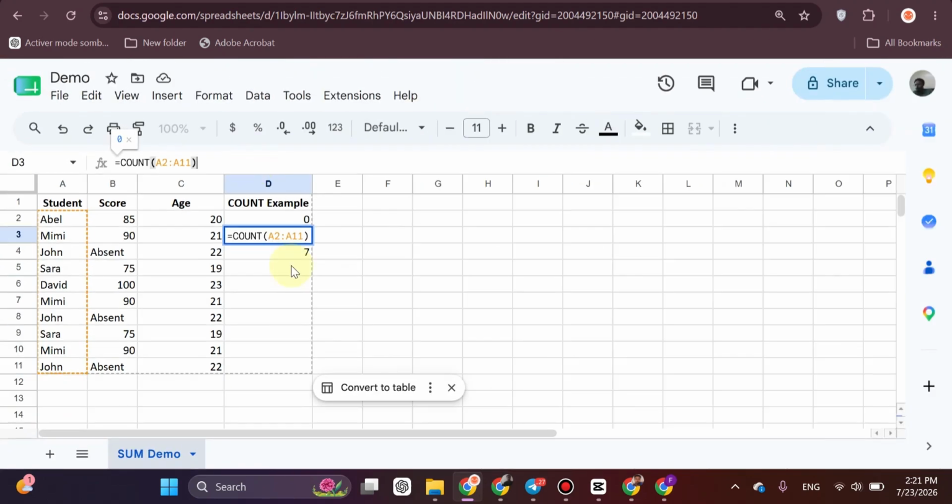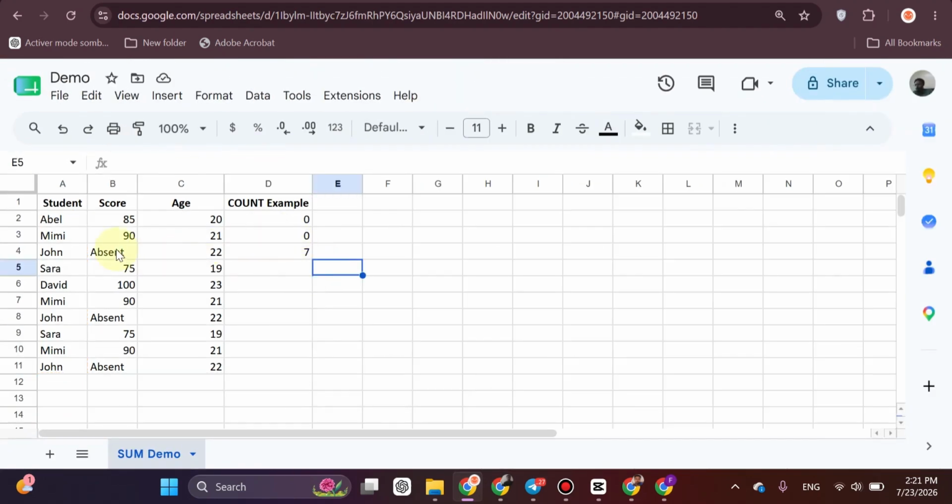The count function only counts cells that contain numbers. It will ignore text, blank cells, and other non-numerical values. For example, if your list contains scores, ages, prices, or quantities, count will only count the cells with numerical data. The count function is useful for counting things like test scores, sales records, inventory numbers, attendance data, and other numerical